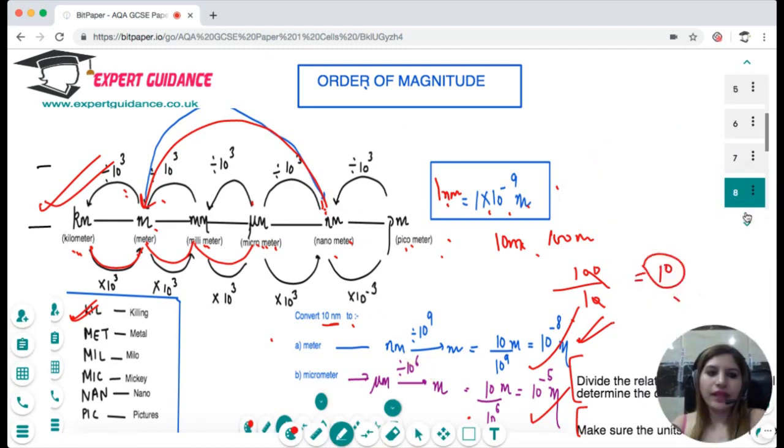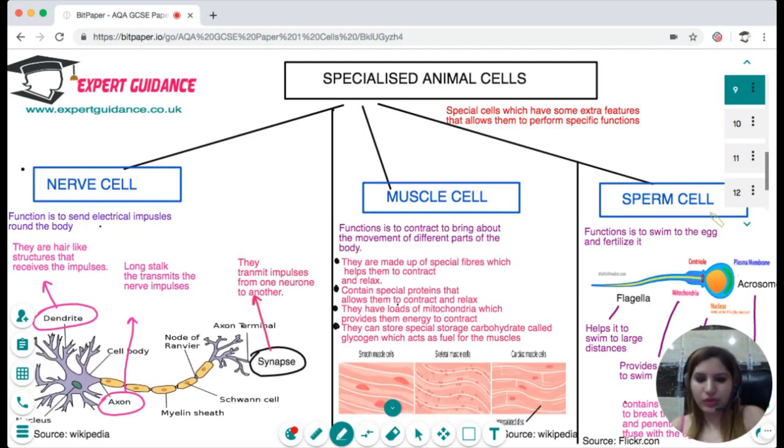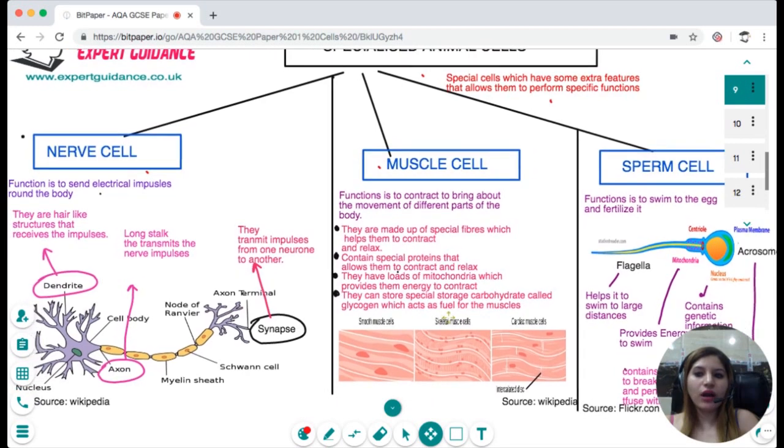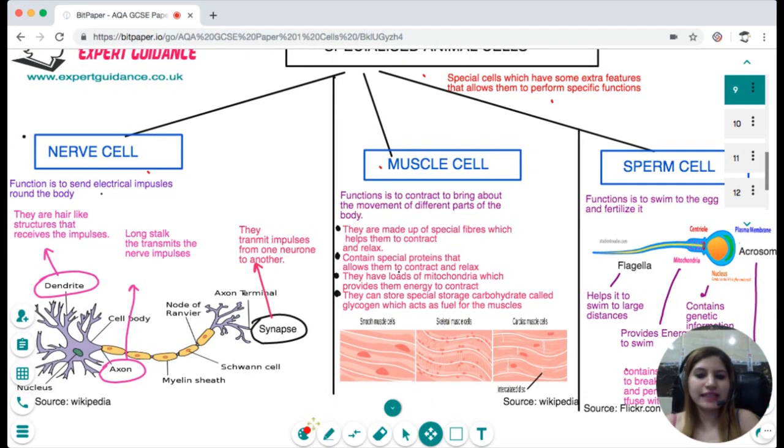Okay. Now, the next thing we need to do is, what are the specialized animal cells? Specialized animal cells are those cells which have some extra features that allow them to perform specific functions. Now, what do you need to do for each of these cell types? You need to know the functions of each of these cell types, and depending on the functions, what